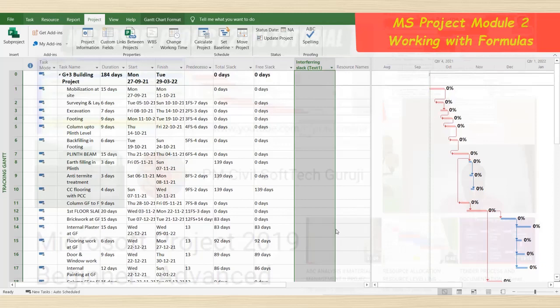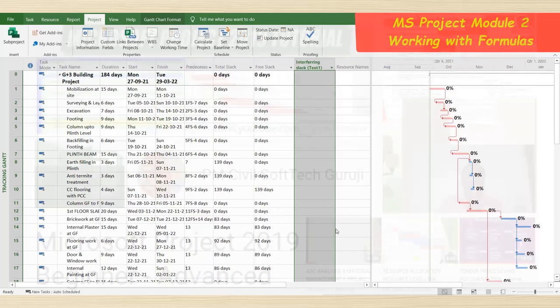Today we will learn about the different modules or different things which we require for this project. Why have I created lecture 2 as a simple project? Because to learn different modules we need a planned project. So instead of saying you assume this, I have created the project and then the concepts from MS Project 2019. Today I am going to show you how to work with formulas.